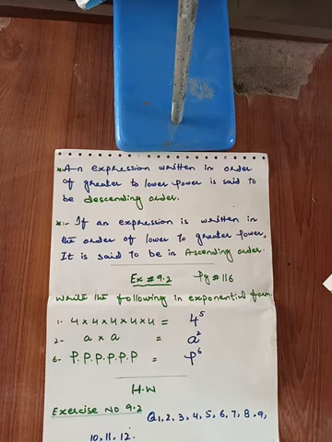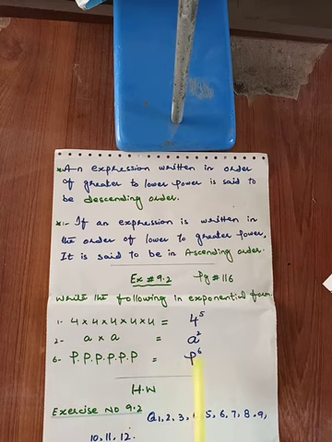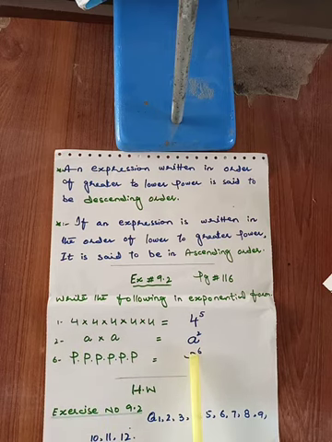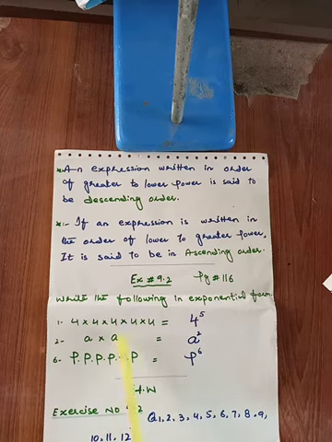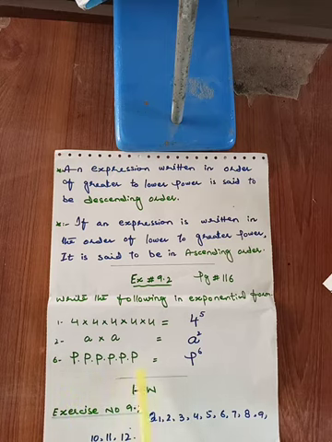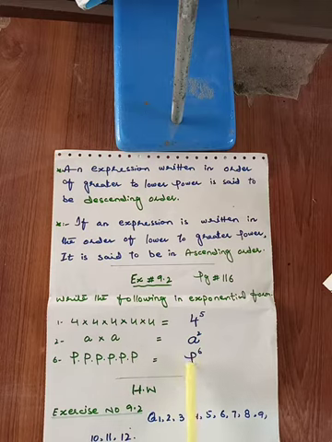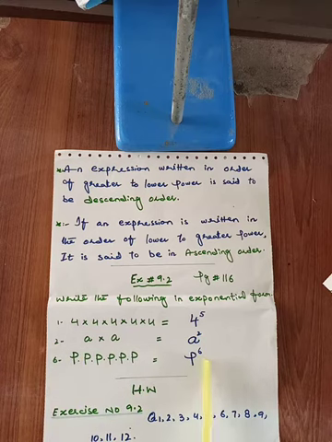Okay. Next, a multiplied by a is equal to, how can we write it in exponential form? We will write the variable one time and the powers 1 and 1. So a square, or a raised to power 2. Next, here p is multiplied 6 times. So we will write p one time and we will add the powers. There is no power, it means the power is 1. So 1 plus 1 and so on we will add, that is 6. So p raised to power 6.